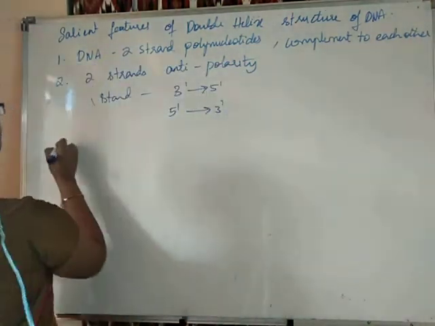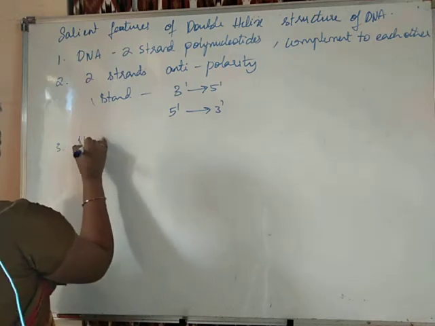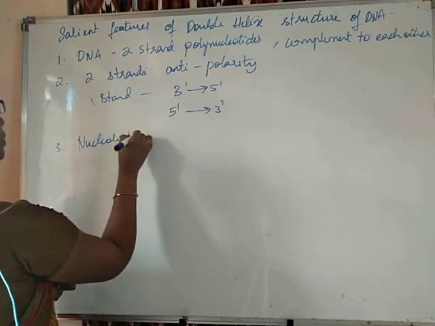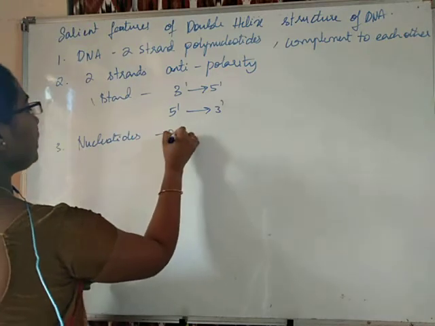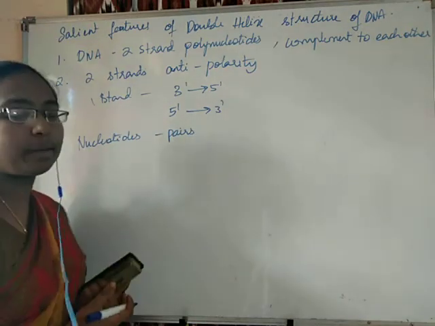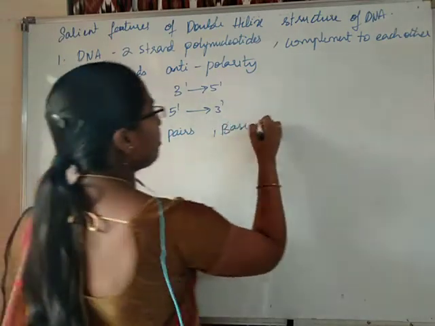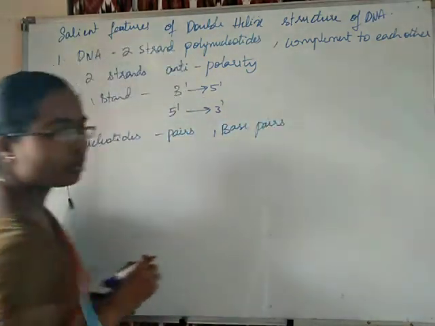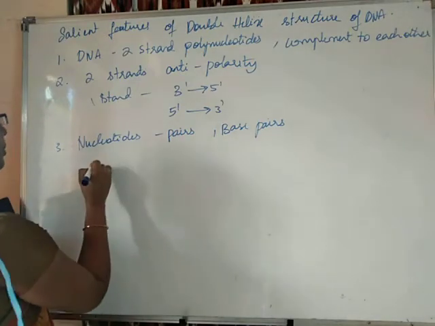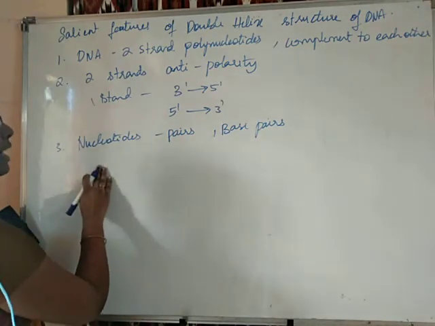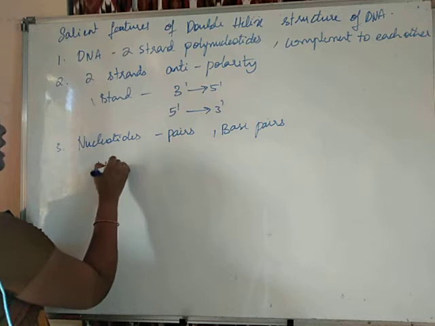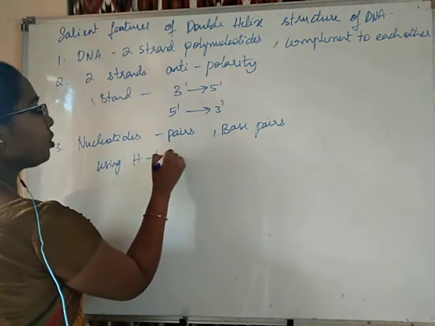Then the third feature is that the nucleotides occur in pairs. There is a pairing between the nucleotides. Base pairs are found. Students, remember these nucleotides are pairing with each other just by using hydrogen bonds,